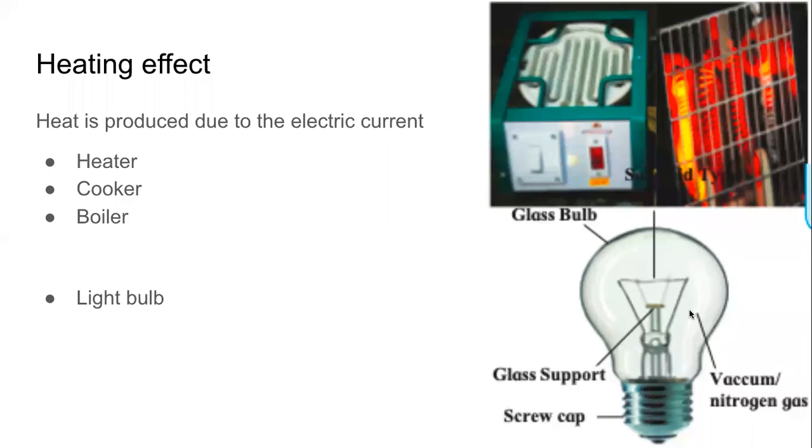You must have seen it, right? Look at the pictures on the screen. Are you able to recognize them? This picture, which is on the left hand side, is used to cook. And on the right hand side, it's a room heater, which is used in the winter. It is not needed in Mumbai, as it never gets that hot or cold there. That's a room heater. One is a cooking heater, another one is a room heater.